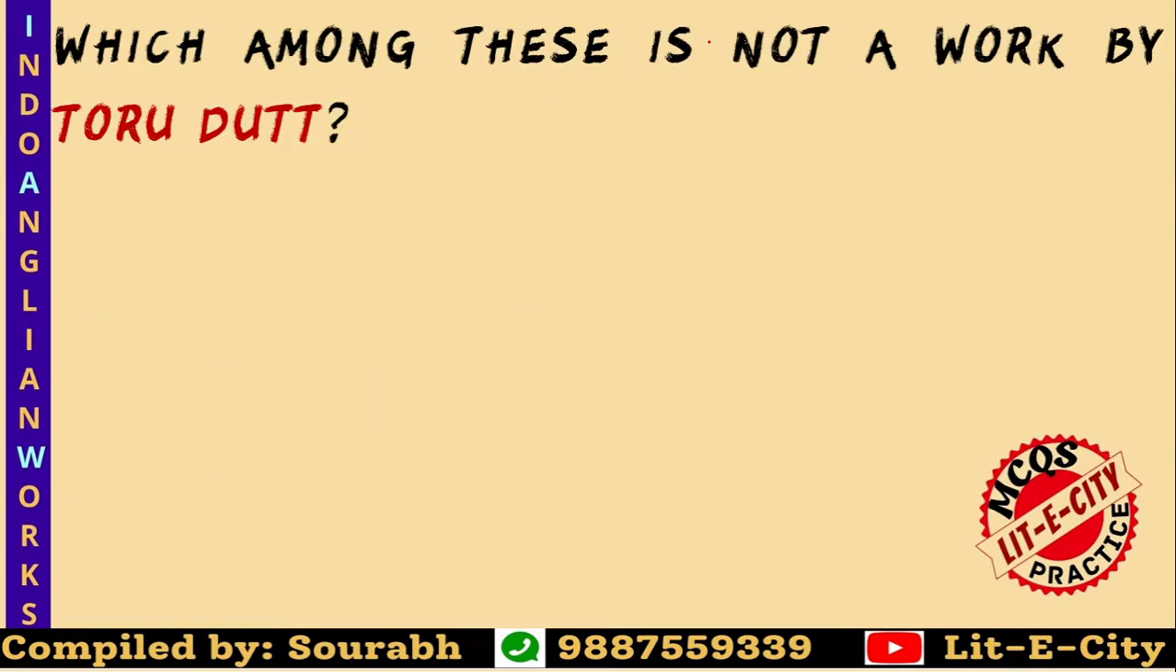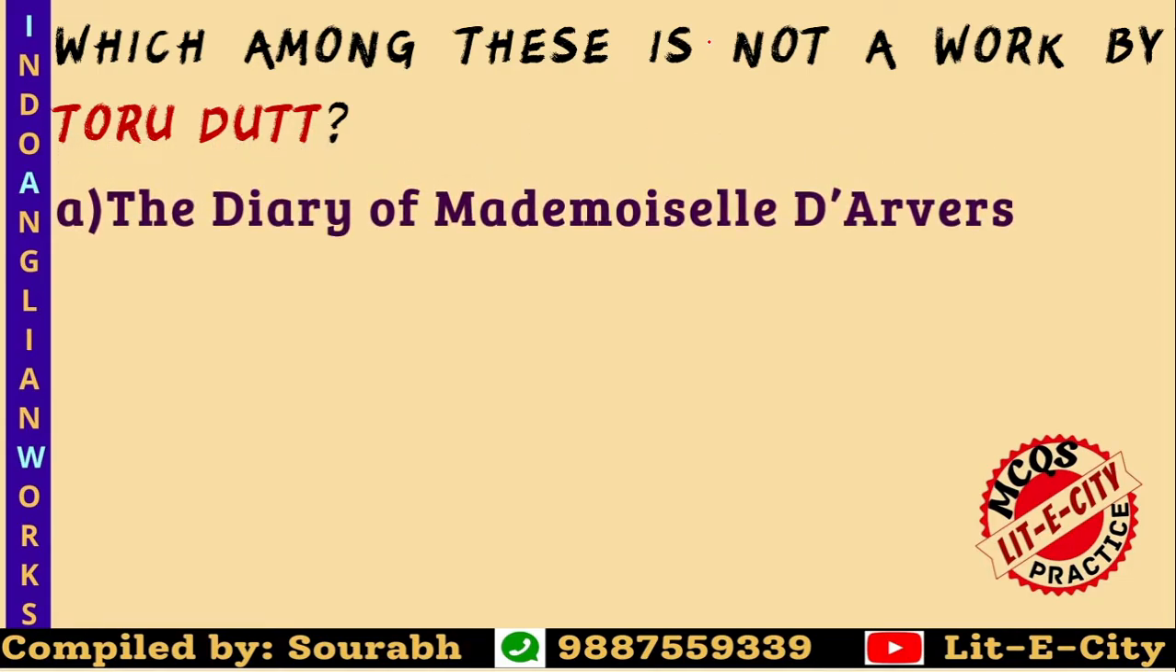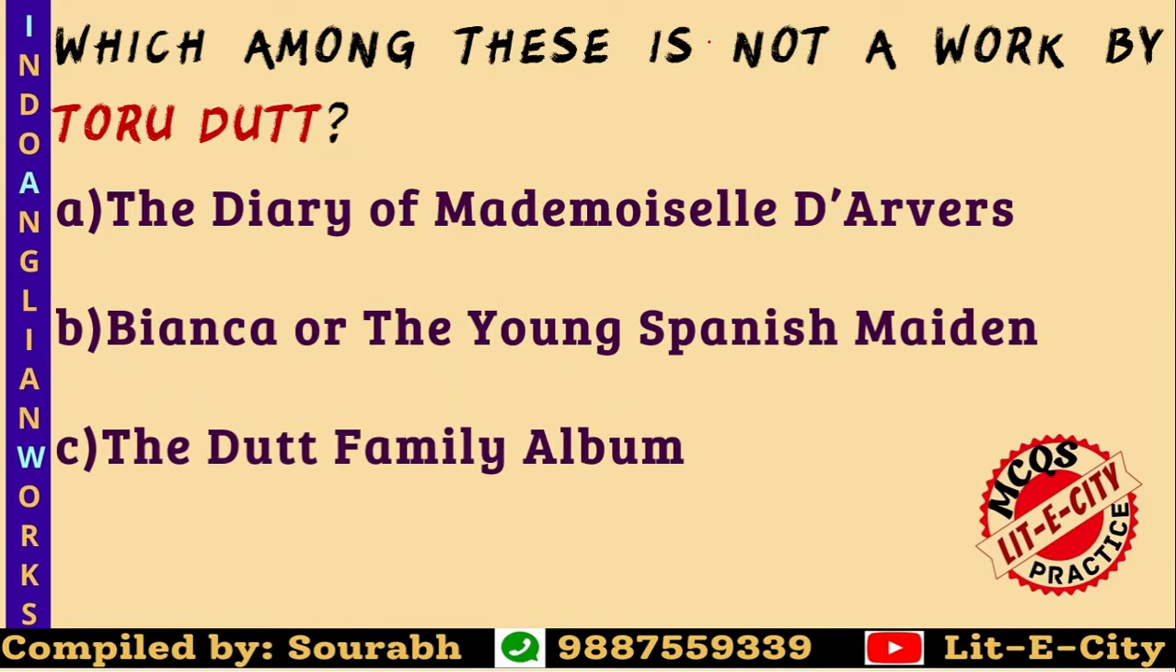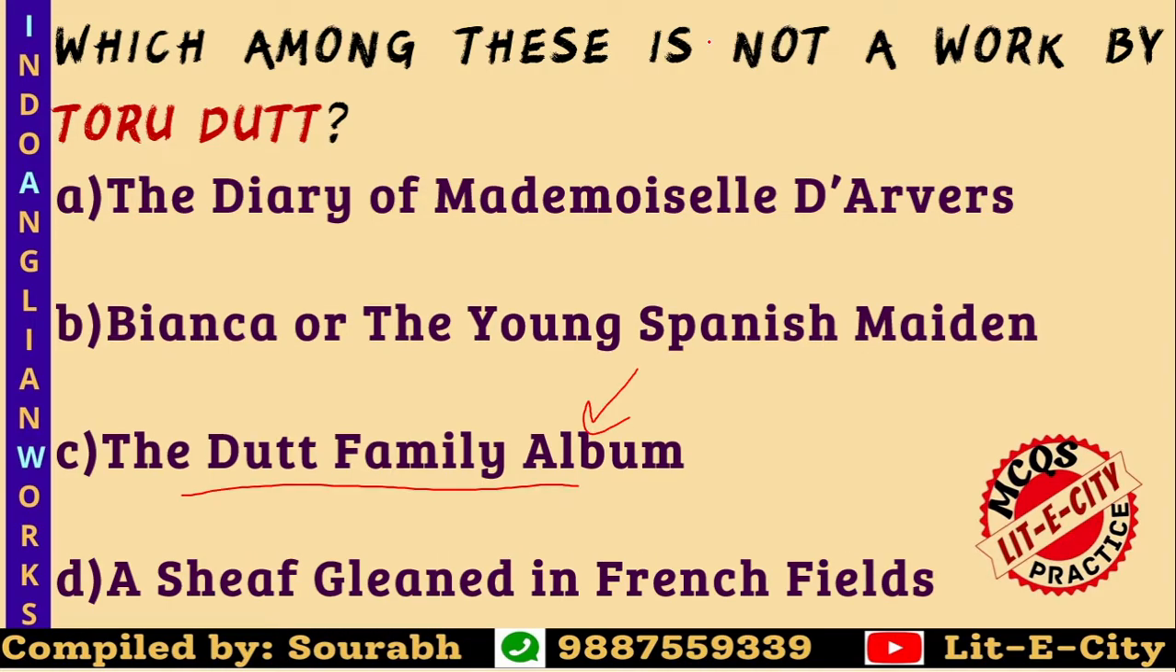he wrote this story. Which among these is not a work by Toru Dutt? Toru Dutt is considered to be the exotic, we can say, flowering, a born writer, but who lived for a very short span of life. Is it The Diary of Mademoiselle d'Avers, Bianca or the Young Spanish Maiden, The Dutt Family Album, or A Sheaf Gleaned in French Fields? Dear friend, out of these four, it is the Dutt Family Album which is not written